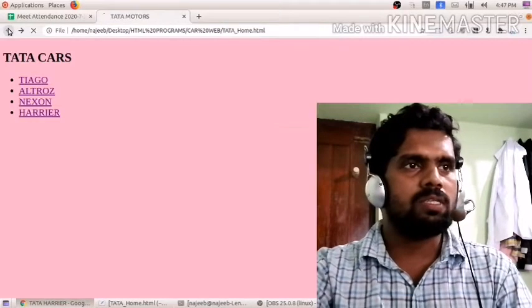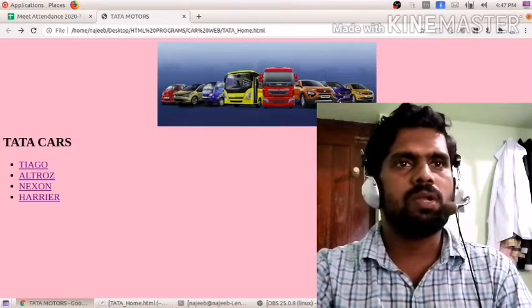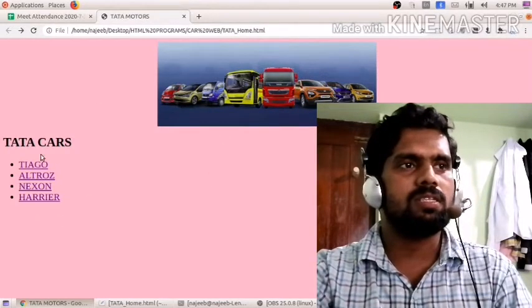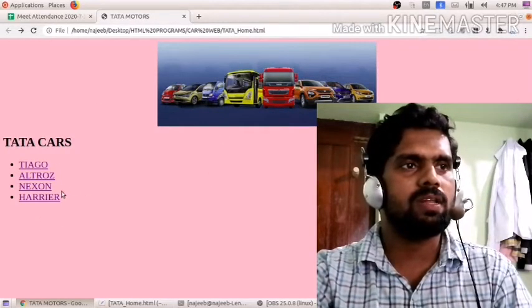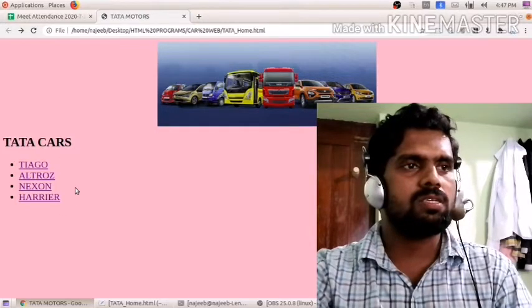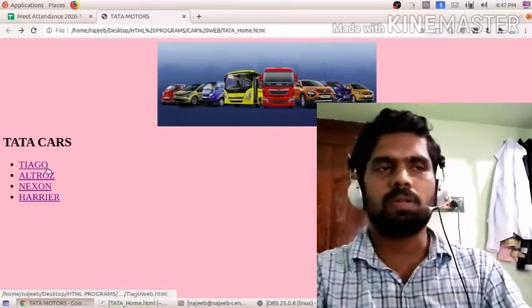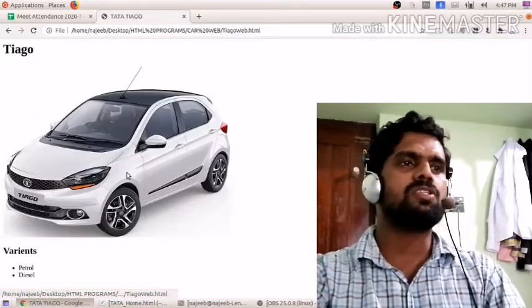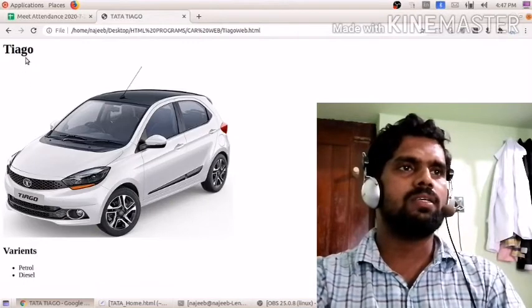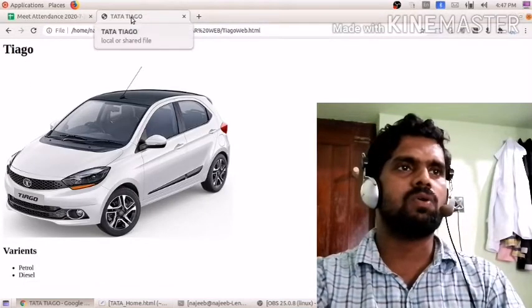So what is the content in this one? One image is there, then one heading, then a list, with each list item displayed as a link. When clicking on one, it will display another web page. Then when clicking this Tiago, you can see one heading, its title is Tata Tiago.